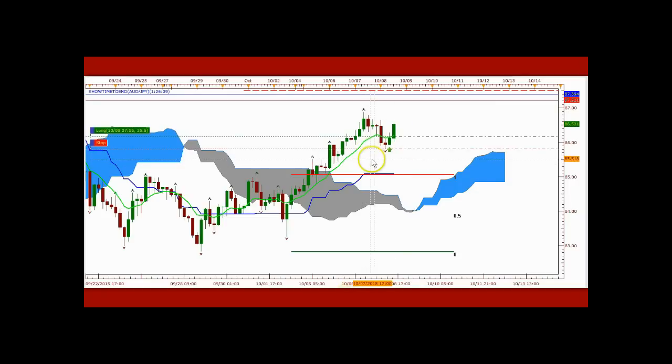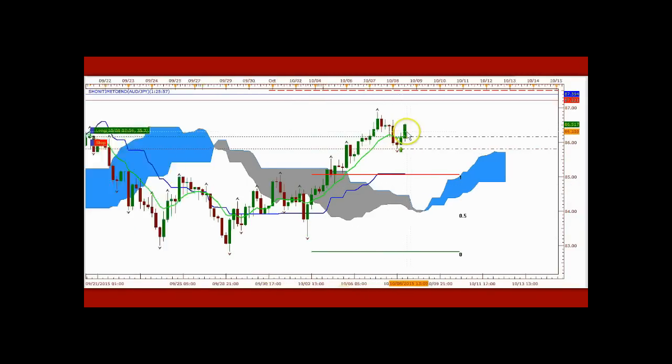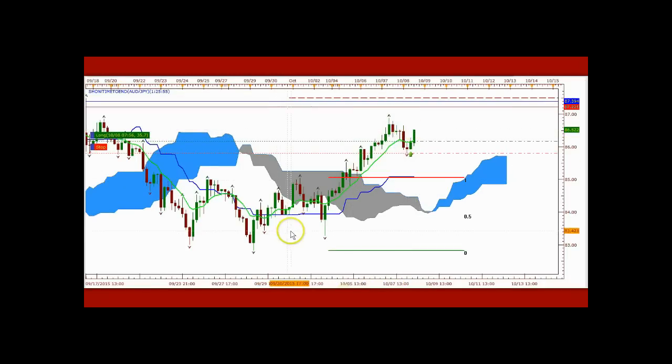So you can see here I entered the market here. Currently, this market has broken a bull fractal and it has never broken a bear fractal, right? Well, here's a bear fractal here. So my idea is that the market is not going to break any bear fractals until it decides to turn around. Until then, I want to follow the market trend to the upside.